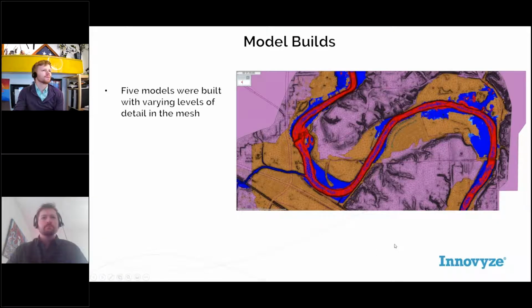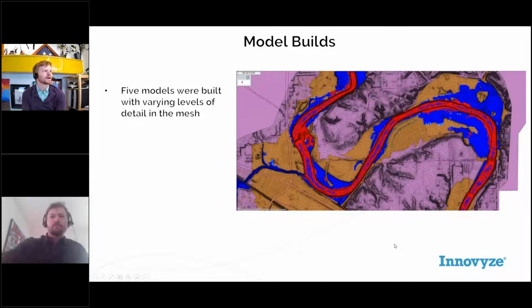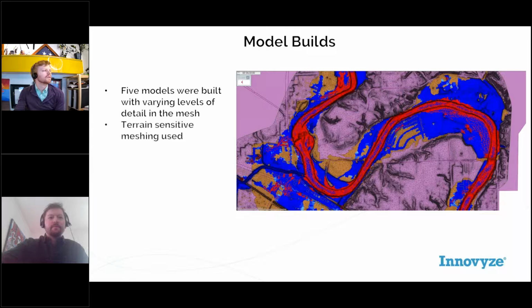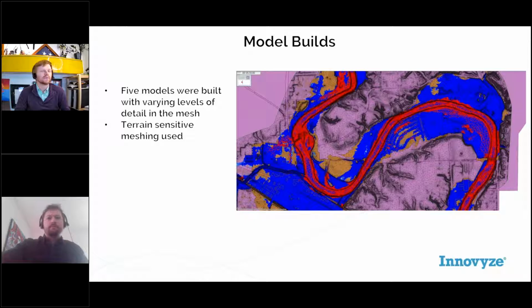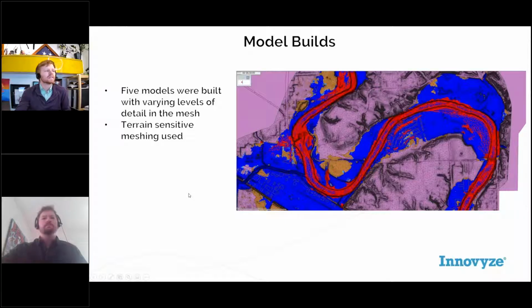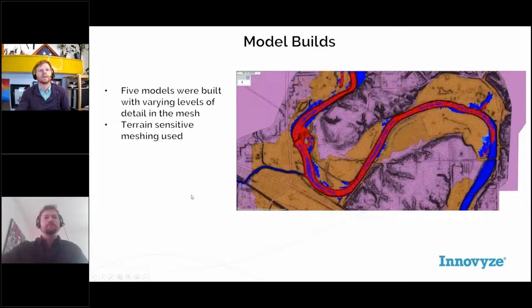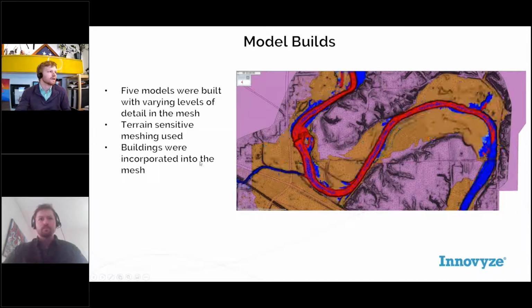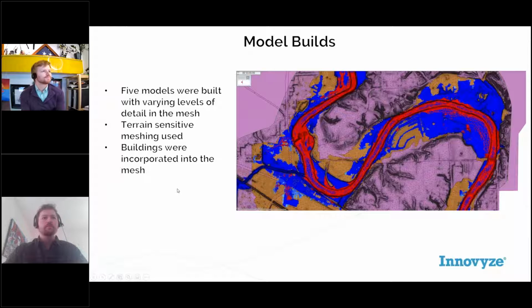So for building these models, I built a total of 5 models, each one having variants of detail in the mesh. This detail was added primarily using terrain sensitive meshing, and the next slide goes into a little more detail about what exactly that is. Basically it adds detail where there's steep terrain, and less in flatter areas, as you can see in the picture here, where there's not a lot of detail in those flat areas. Buildings I put into the mesh using porous polygons with a low porosity value,